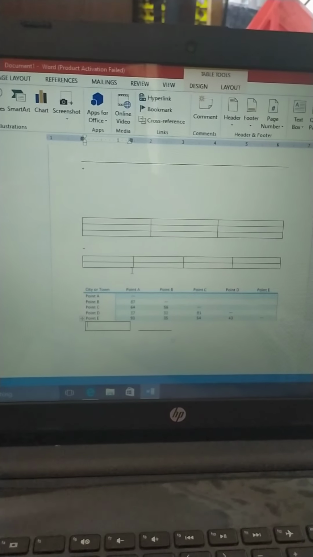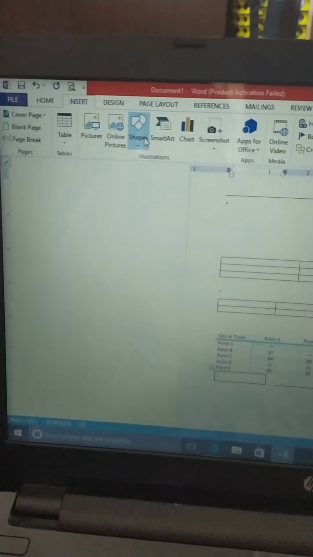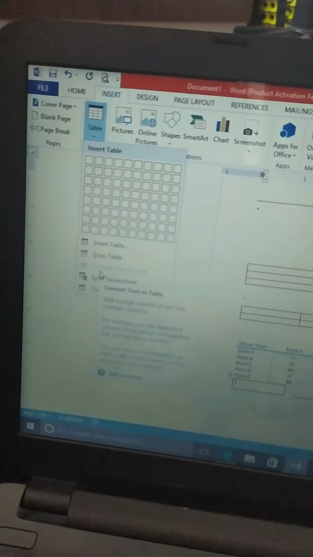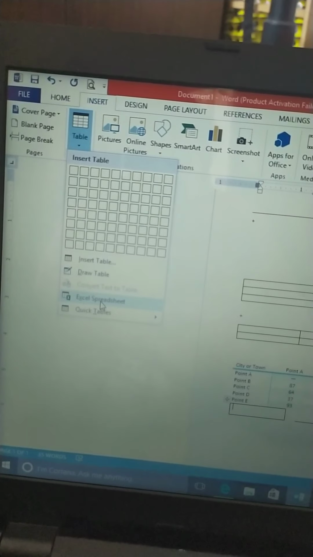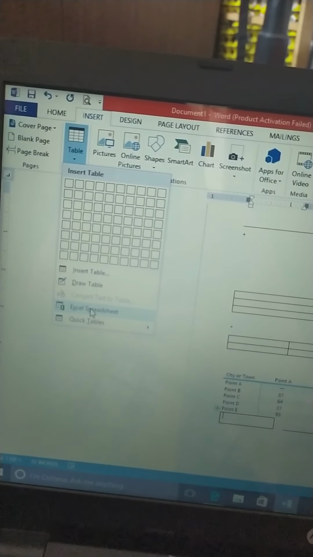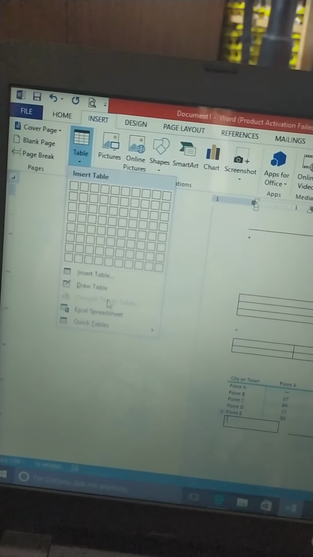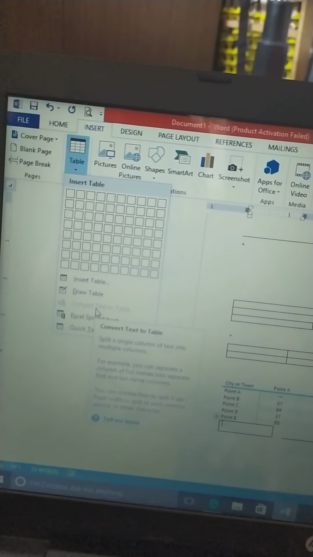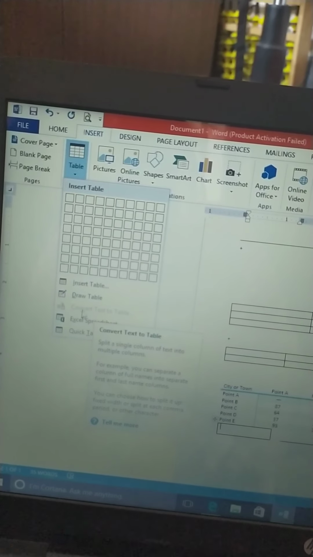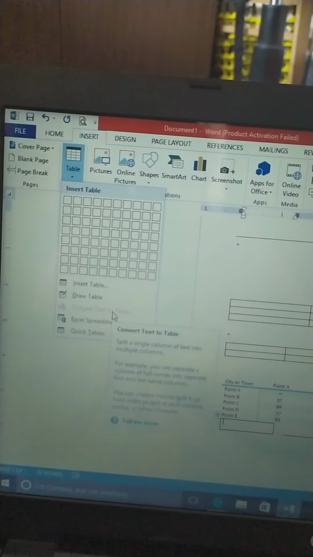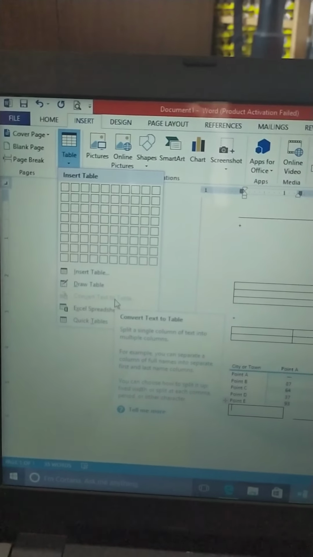Okay. And the last two options I told you, inserting through the Excel sheet. Here the option is there, Excel spreadsheet. Using this we can insert an Excel sheet and start working with it. Another option you just see, as we have not selected any text, so this option is not coming. If we have selected any text, at that time it will give us an option to convert that text to a table. This is the sixth option of creating a table. Now I think all the 6 options are clear to you.